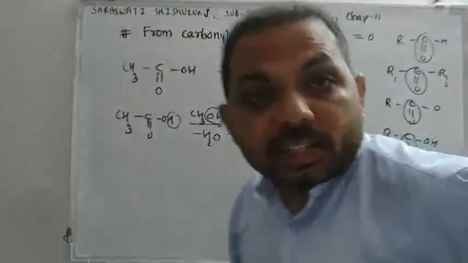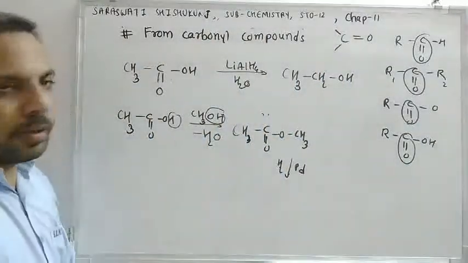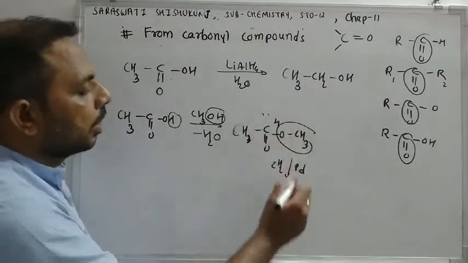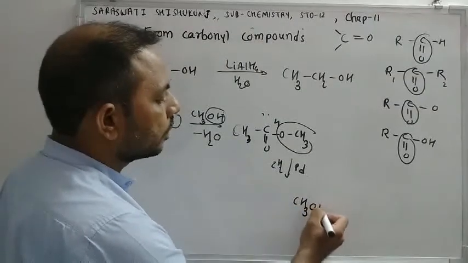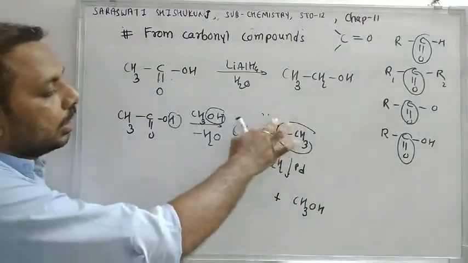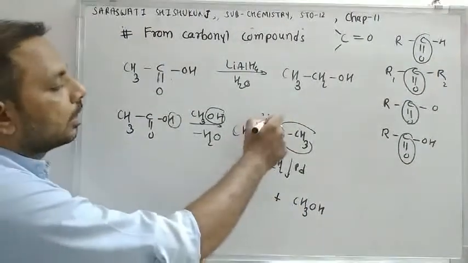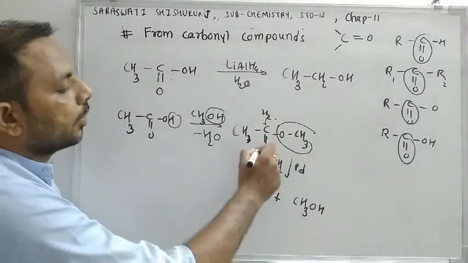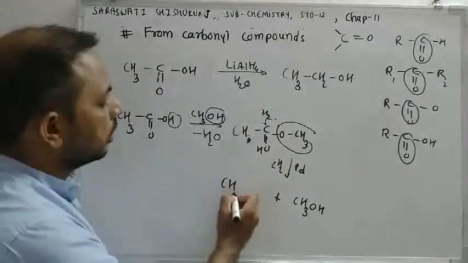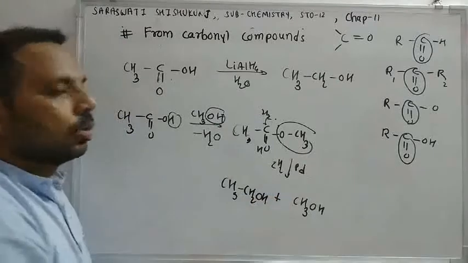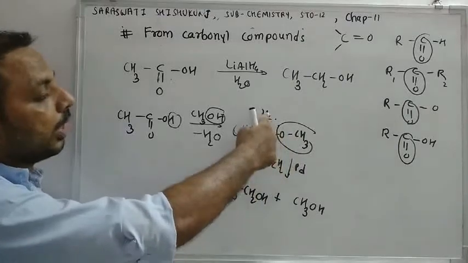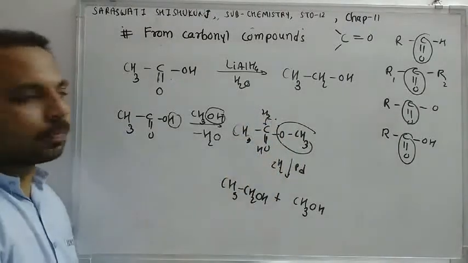So for the reduction of ester, the reaction will be like this. This CH3O will get hydrogen and it will form CH3OH. So one hydrogen is added over here and it will form alcohol. Now this carbon will get H2 and this oxygen will get hydrogen. So this is a reduction reaction, so we are adding hydrogen. So we will get CH3CH2OH. So a total of 4 hydrogens are added: 1 hydrogen at this carbon, 1 at this oxygen, 2 hydrogens here and 1 hydrogen here. So we are adding 2H2.